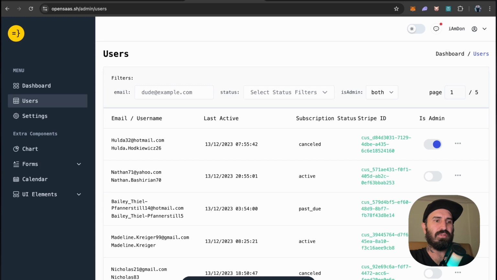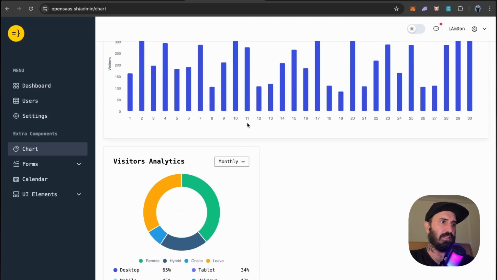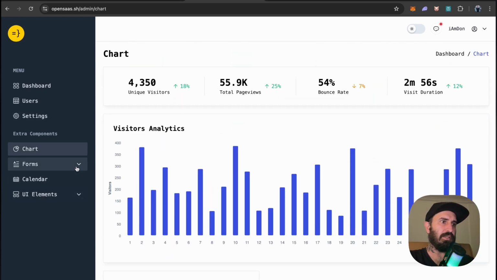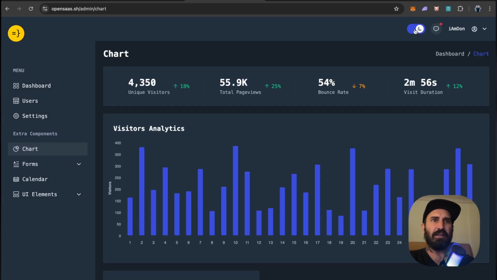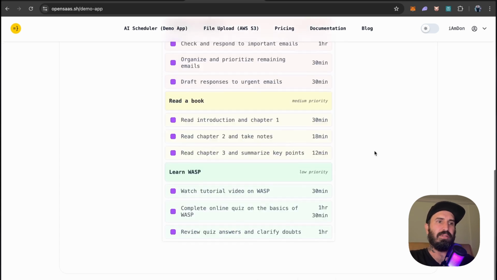Look at the users. So the users list is only mock data. You can manage people here. Settings page, chart, I think this is all just UI elements that you can use in your application or bring your own. Light and dark mode. In terms of a boilerplate, it's got a lot of cool features, and you could probably build your application pretty quick. It's got the main features to get you started, and then you basically just build out your application.